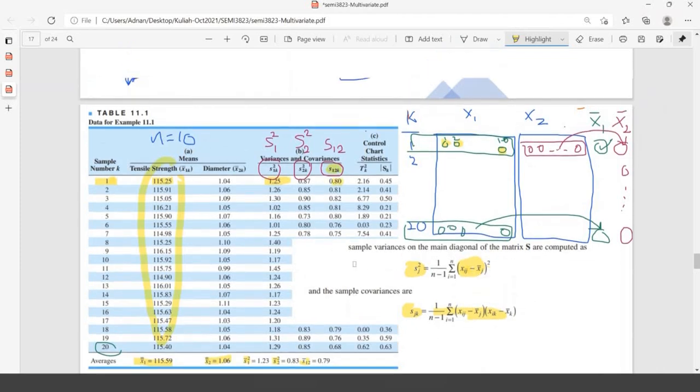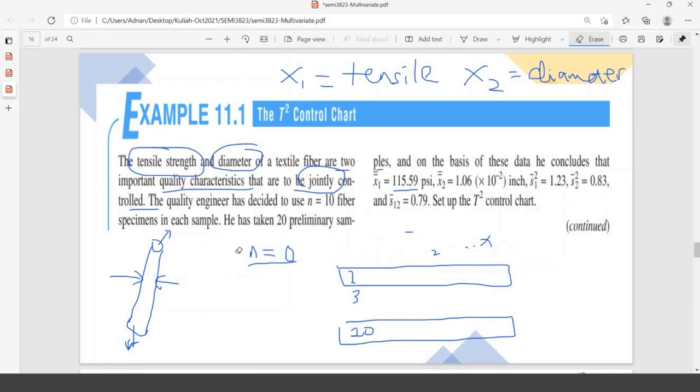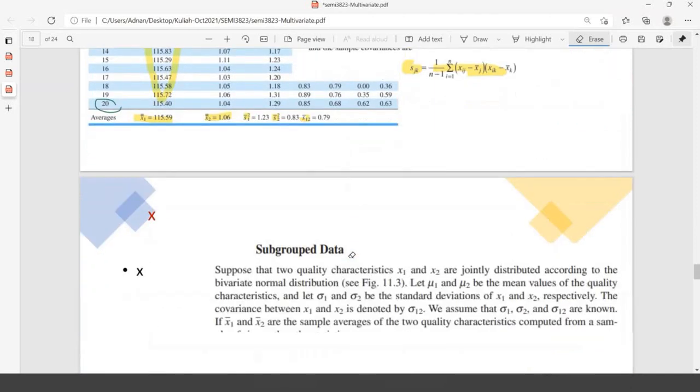Having this now, actually in this example, it is given to us. The data is already calculated for us here. So we have the grand average for tensile, grand average for diameter, and also we have the variance for tensile, variance for diameter, and also covariance. So now we have to set up the T-square control chart. This is the data, and now